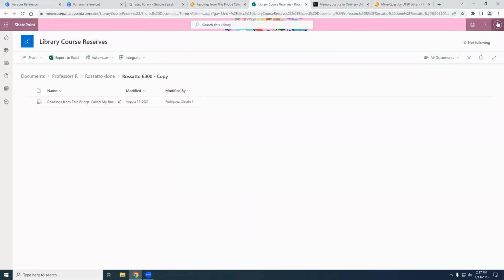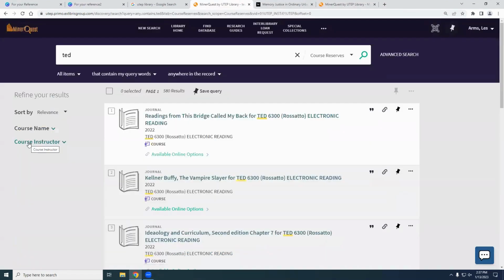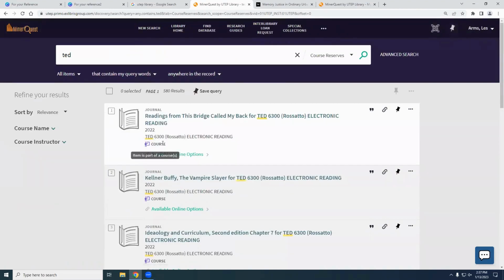And that's just the same as your email and whatever else you use to log into your account. And then I hope you heard me online. I hope so too. If you didn't hear online, I'll just reiterate what Jennifer just said: if you are not on campus, it may prompt you to log in before you can view course reserves that are available online. But yeah, I think that just about covers MinerQuest.